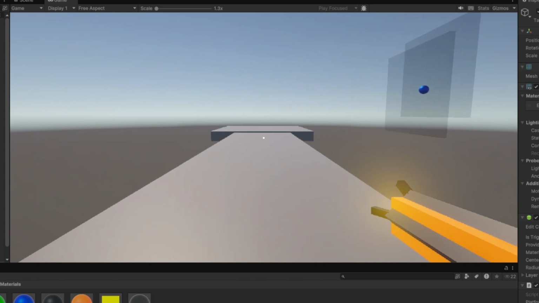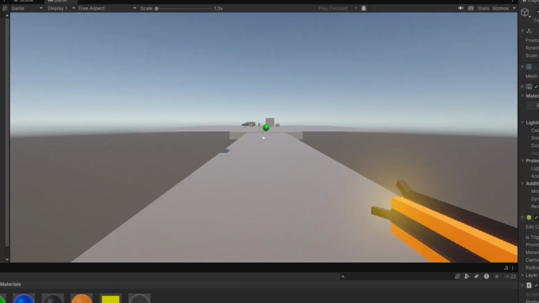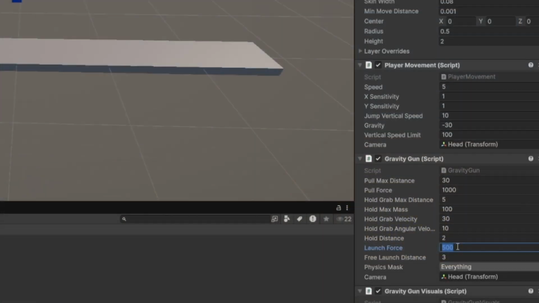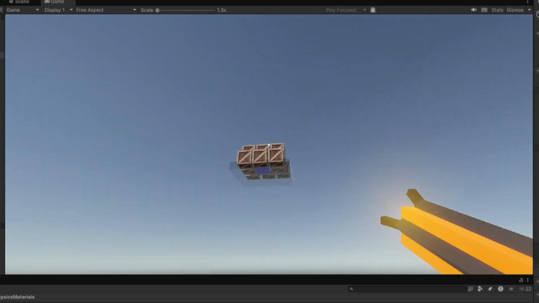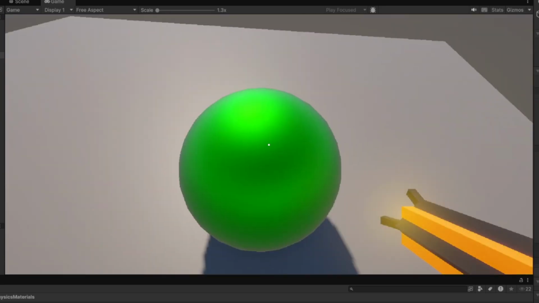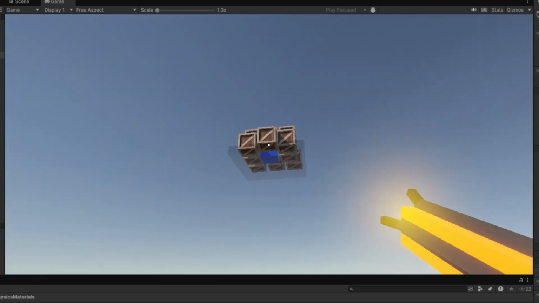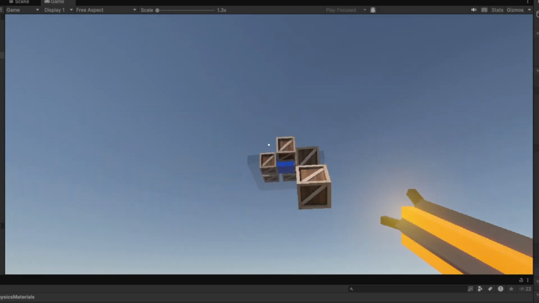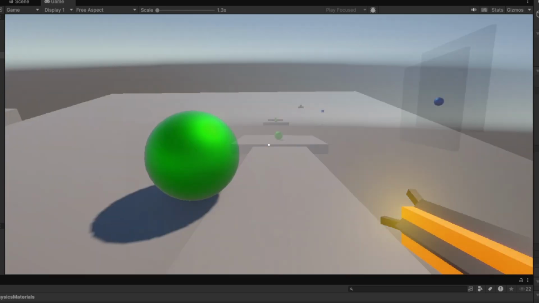During this, I noticed that the object felt a bit too floaty. I improved this by just doubling the gravity of the world. Then I increased the launch force of the gravity gun to accommodate. I also increased the pull distance for the last challenge, which involved wooden boxes blocking the path to the blue target object. I decided to stop here as the project had already took a bit of time.